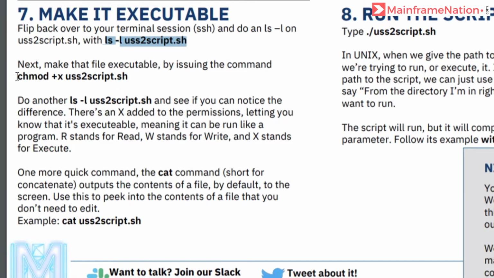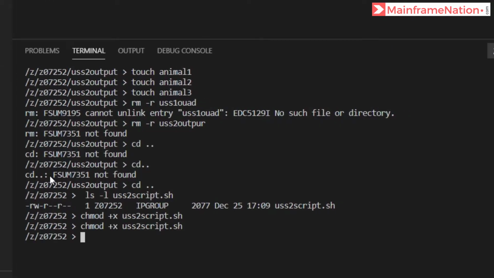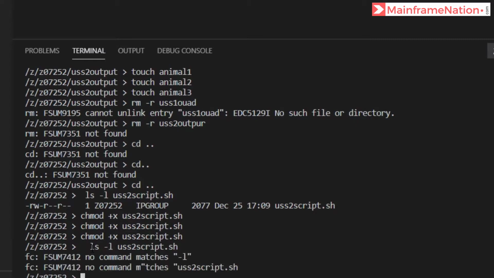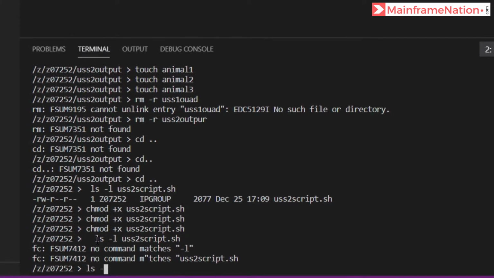The next command is to make this file executable: chmod +x USS2script.sh. Then let's again give here ls -l USS2script.sh.